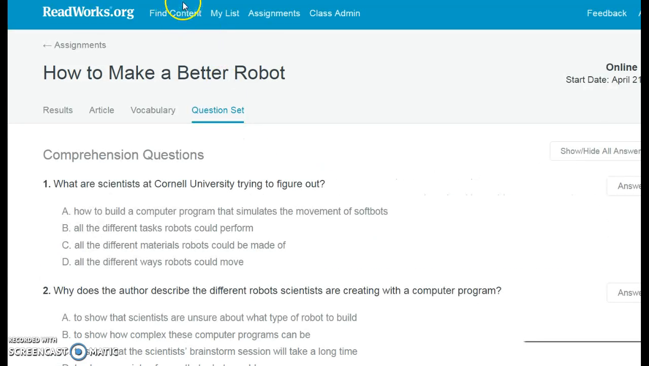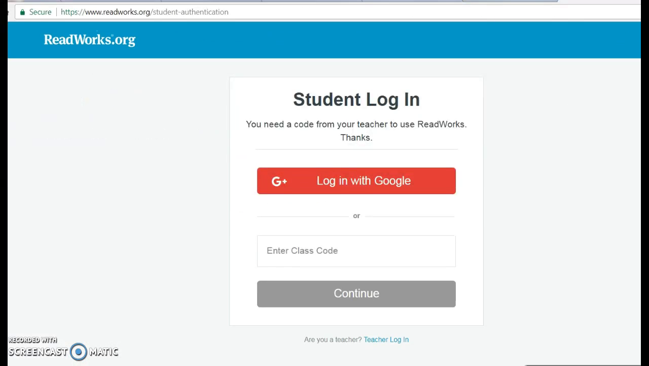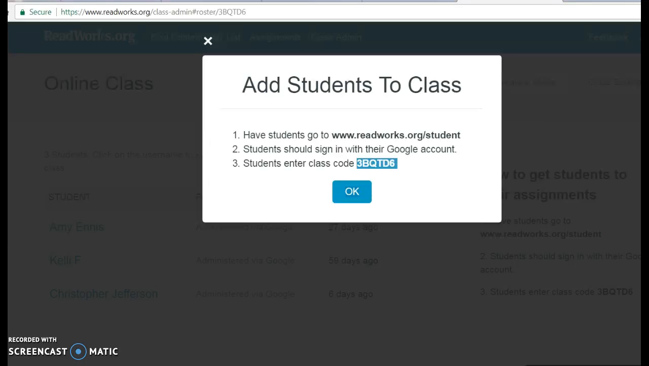So this is, again, readworks.org, and the way you're going to log in is you're going to enter your class code here and then click continue. Your class code is right here, and you'll also be able to find it on the Google Classroom,